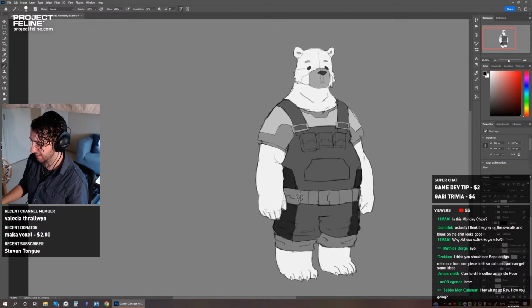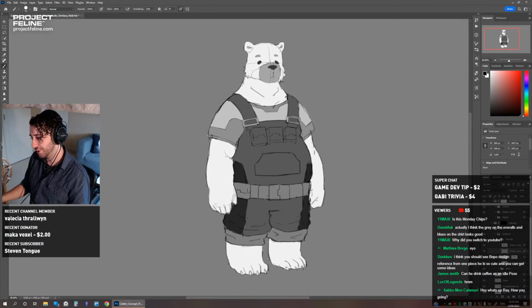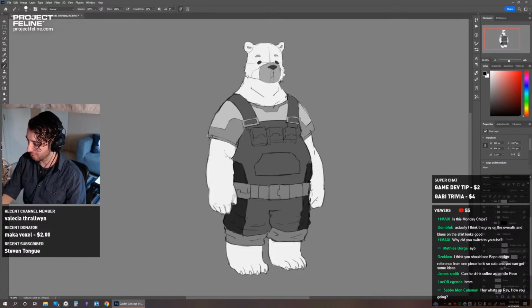So yeah, this is very rough. I'm not doing nicely rendered colors or anything. It's just very rough brush strokes. I might put that on its own layer and change it because it's too light, I think.